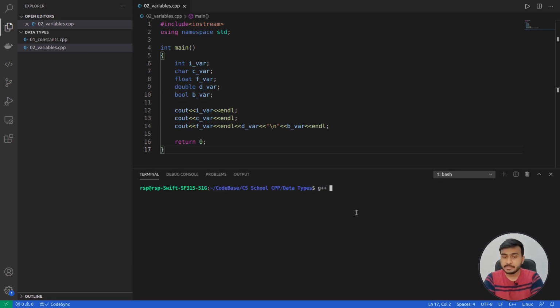So let me just compile this code. I'll write g++ followed by the name of the file. In this case, the name of the file is 02_variables.cpp. Let's compile this. You can see the code has got compiled, and we have got an a.out file, which is our executable file. So I'll just execute this file. I'll write ./a.out,